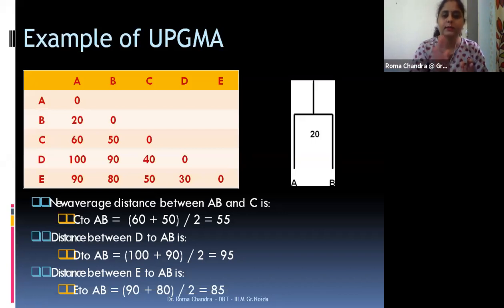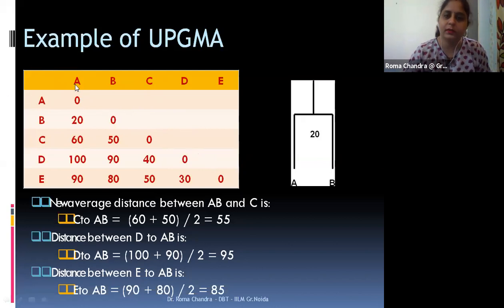Okay, so like this, the whole distance matrix is actually being created. You can see here, all these values are representing the difference. Here you can see there is this zero value. The reason is, if A is aligned to A, there is no difference between the sequences. Obviously, it is an identical sequence, so the number of mismatches in this case will be zero. Similarly, B and B 0, C and C 0, D and D 0, E and E 0. So this is the case when we are considering how the two sequences are related to each other.